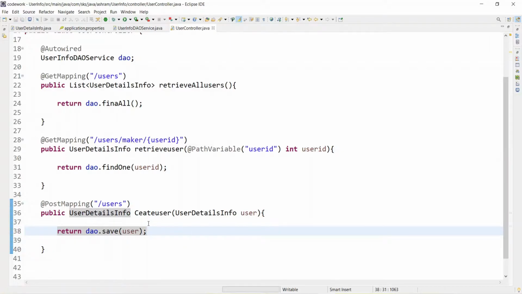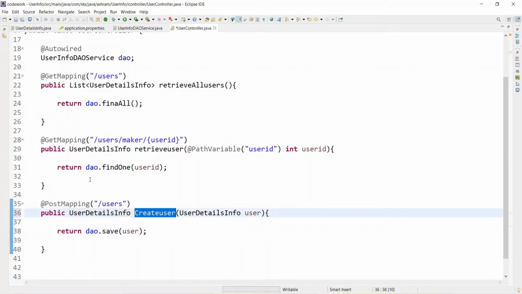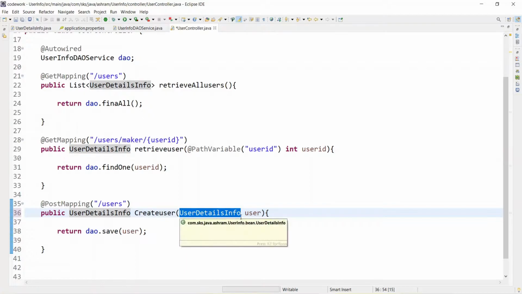So our REST API is ready. This is the API, mapped with the create user method, and whatever we send will be mapped with this. Here in Spring Boot we don't need to mention the request mapping annotation.